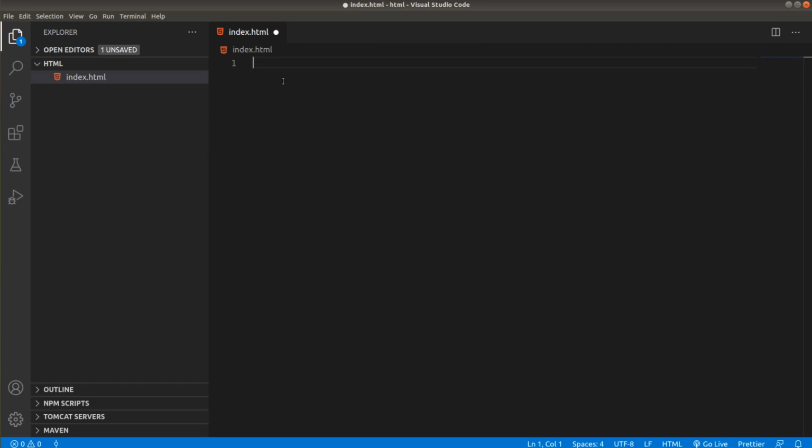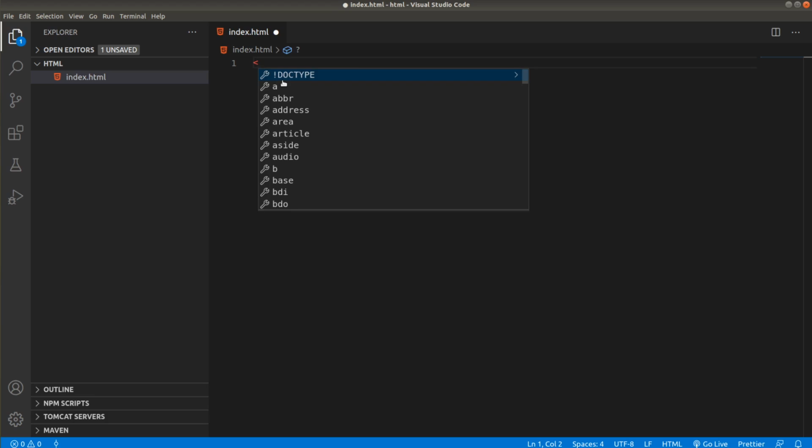Now you need to know one more thing about your browsers. Your browsers are able to open any kind of document. So if you have an image file on your computer, and you specify the right path of your file in the search bar of your browser, then your browser is capable of opening that image file. So we need to tell the browser, hey buddy, we are going to open an HTML file. And how do we do that? We specify the doctype at the very beginning of the HTML document. So how can we do that?